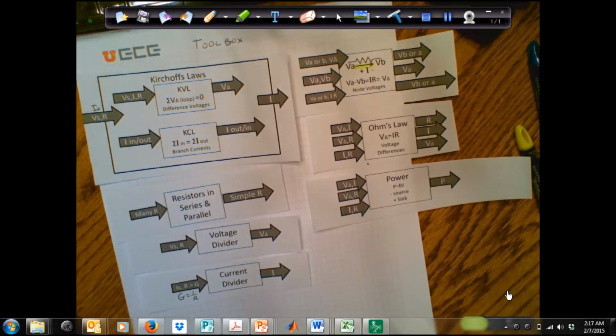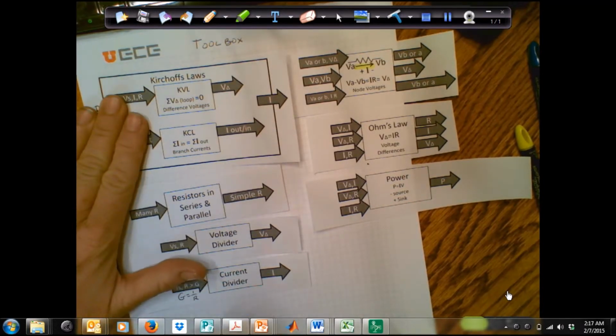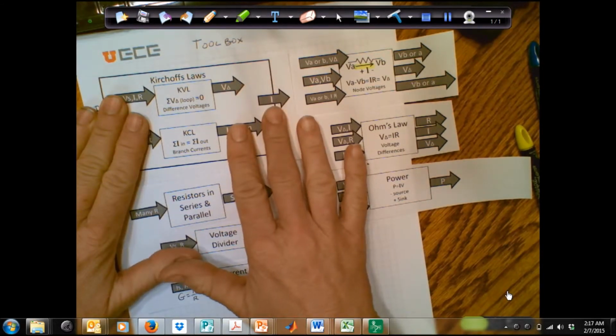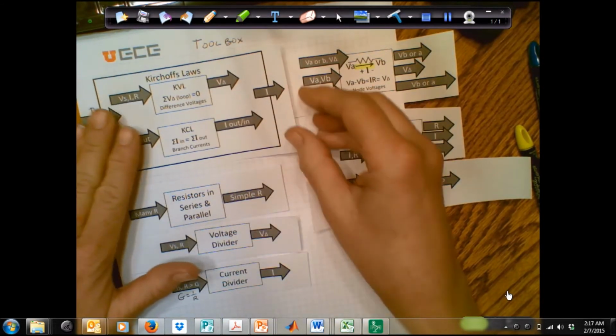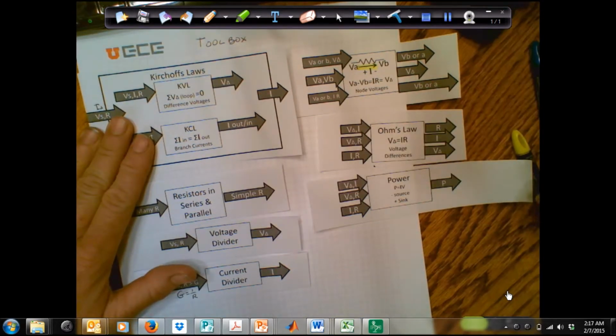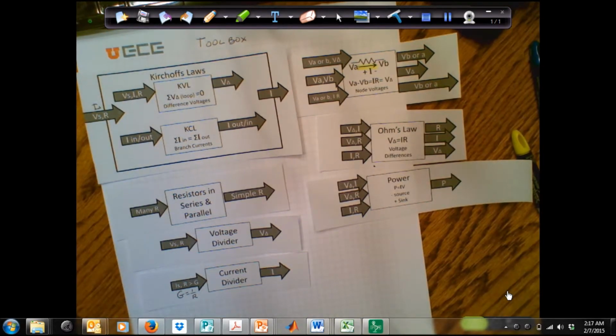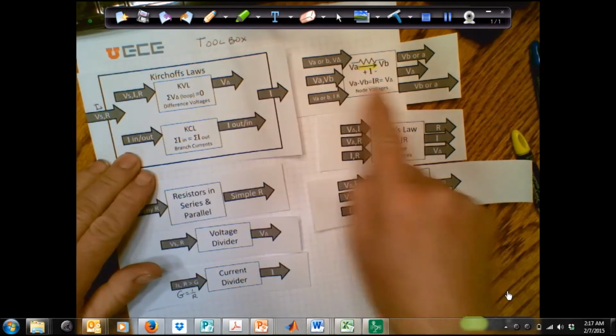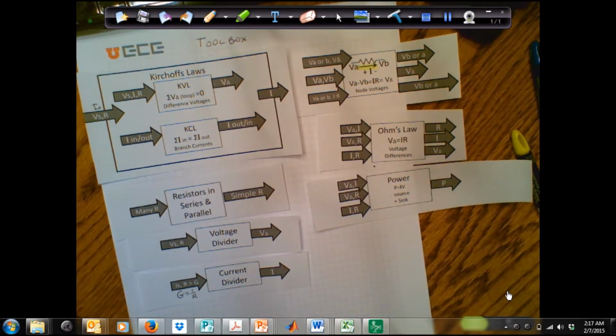We can combine these by looking at what comes in on the left and what goes out on the right. What I do usually is I take all of the things that I know and I put them on the left, and I put the things that I want on the right, and then I make myself a track so that I can follow through from left to right until I'm able to solve the problem.